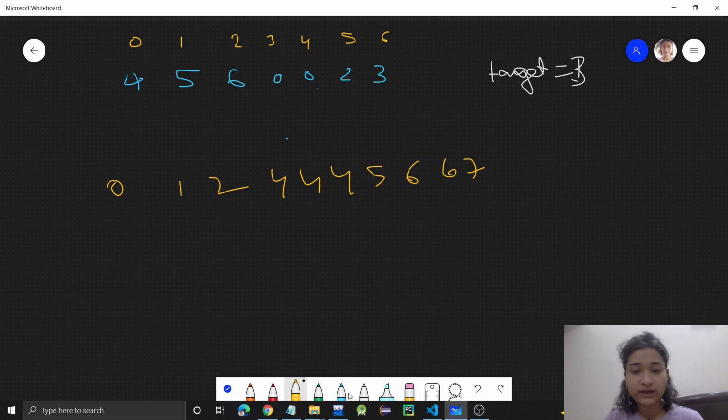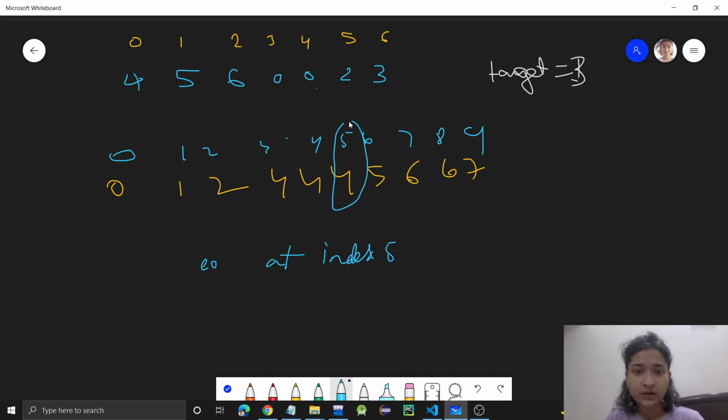So here what they are doing now, before passing it to our function, whatever function is given to us, before passing this sorted array to that function, they are rotating it at index 5. Index 5 is this one. Rotating it means this will basically shift by one place.